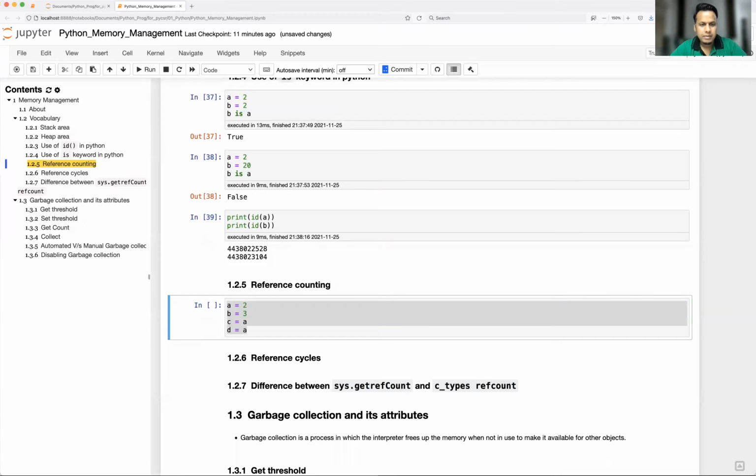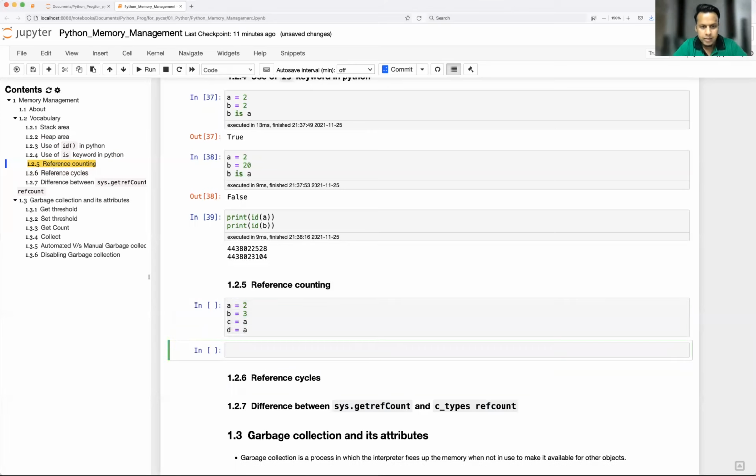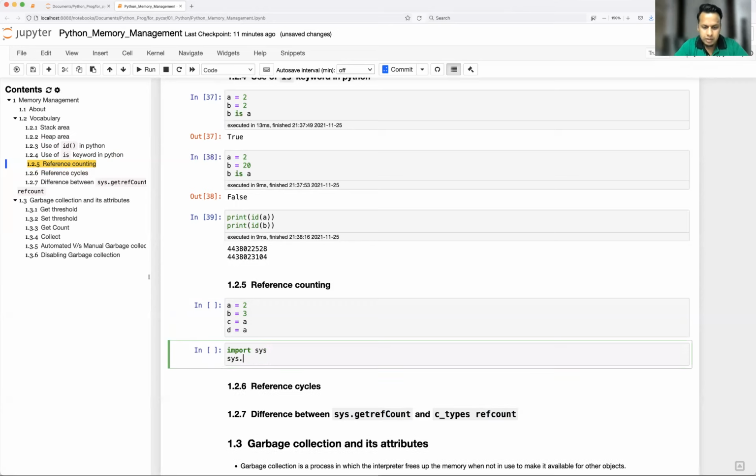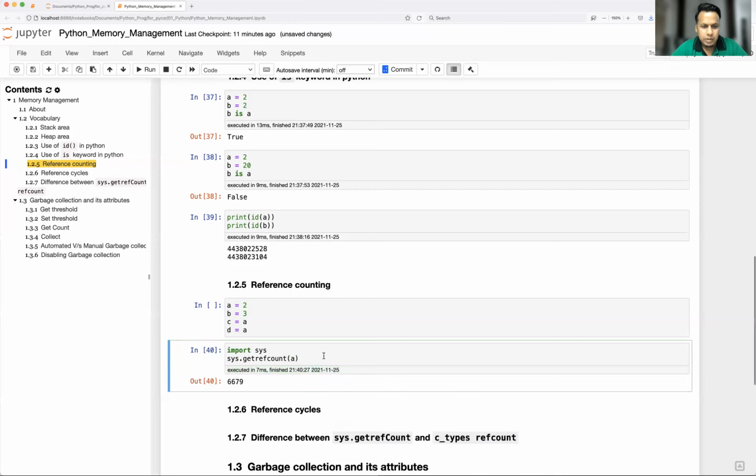Okay, so we have a module called sys, that is the system module, import sys. In this module, we have one function called getrefcount. Okay, so sys.getrefcount. You see here. So this function needs one object, right? Which object would we like to see how many times it has been referred to? Let's say I would like to see the object. This is going to print the total number of times it has been referred to.